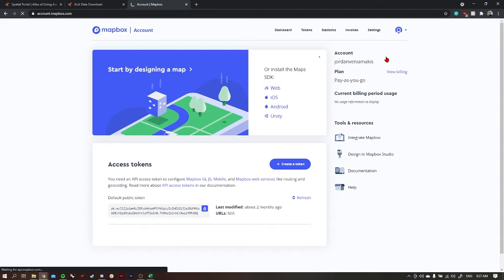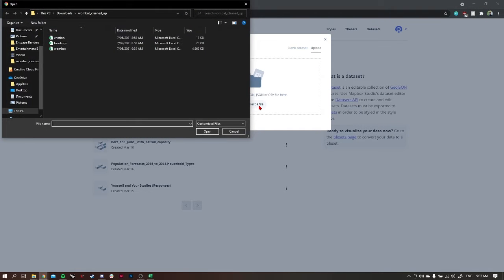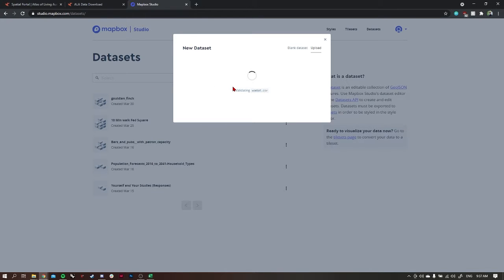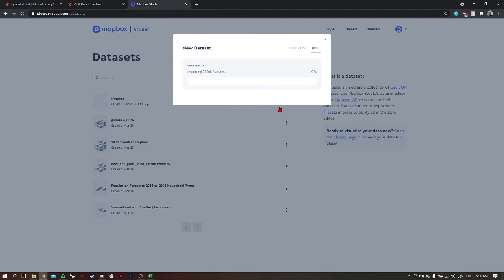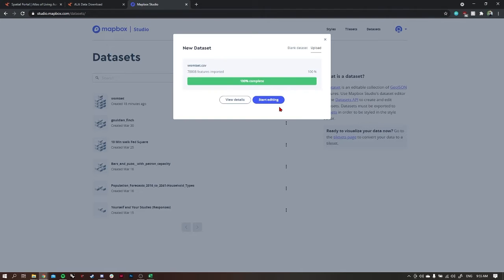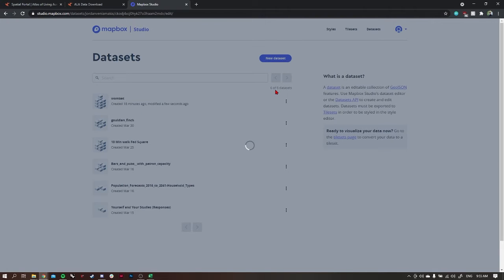We're going to select studio. So now we'll select dataset, new dataset, upload, select file, and we're going to upload that cleaned up wombat file here. It's just going to validate the CSV file and prepare it for upload. I'm going to confirm that one, create. Creating a data set can normally take a while, so we'll quickly speed through this part. So now that that's finally done, and that only took 18 real minutes,